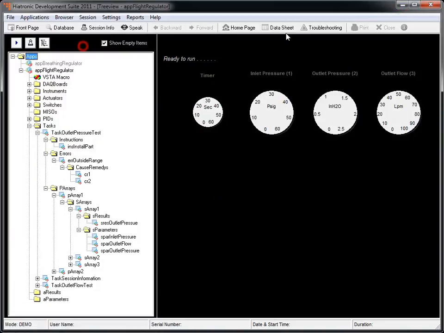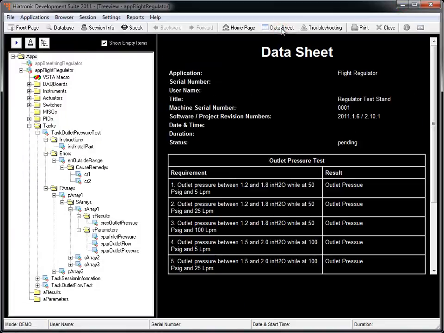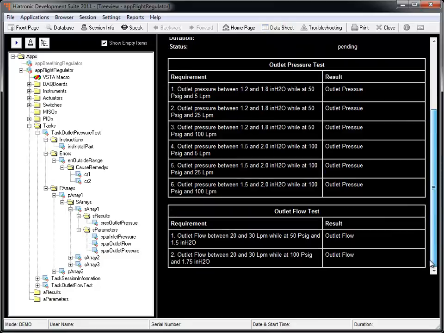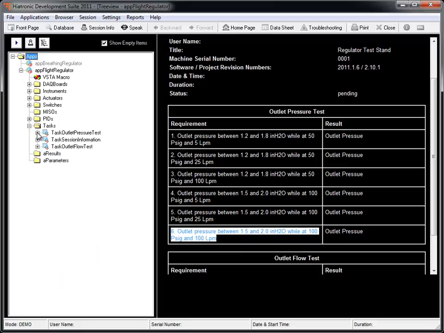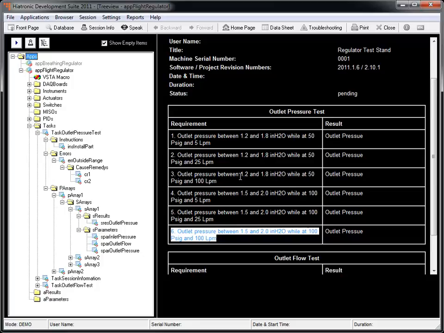So say we have a data sheet here. For the outlet pressure test, right now there are 6 subtests. And what we could do is modify it to reduce the number. So say we want to only have 4. Say we want the 3rd one and the 6th one deleted. We could do that very easily by just